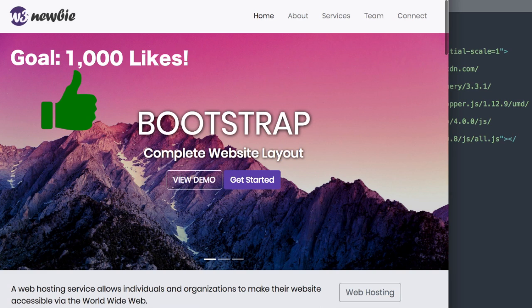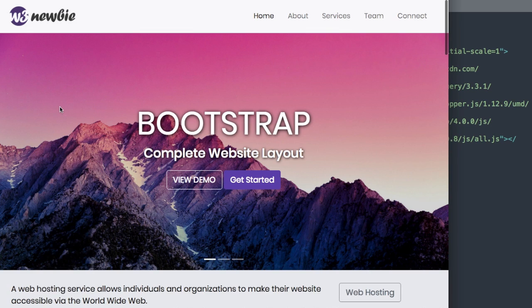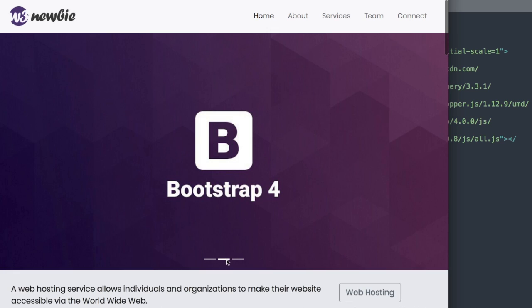Okay, so let's take a look at the complete full-width version of the website before we get started. Then we'll check out the mobile version. At the top we have our logo, then the navigation on the right, followed by our image slider beneath it with the two buttons here and the heading text above. Then at the bottom of our image slider we have these indicator buttons that can bring us to and from